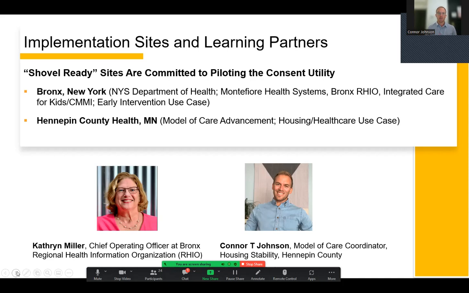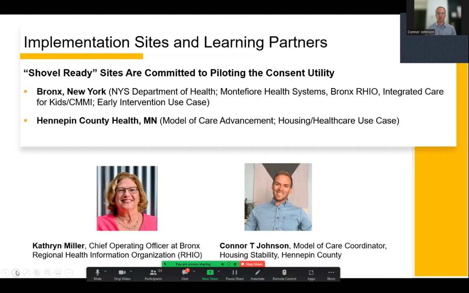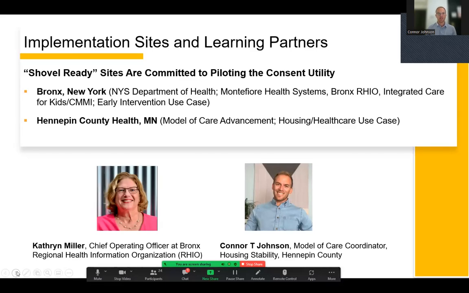So what we're looking to do is pilot with 2,600 individuals that we've identified who are experiencing housing instability and homelessness, who are part of our county health plan, our local HMO, who are also part of the healthcare system and seeking services in our healthcare system. So we're really starting with that group to learn how we can pilot universal informed consent for better care coordination, better end user experience, and then take a lot of those key learnings to other populations across Hennepin County. So that's our high level of what we're working on right now.